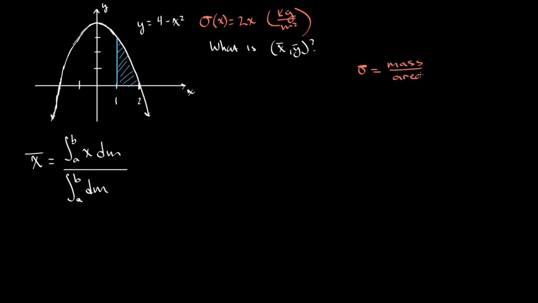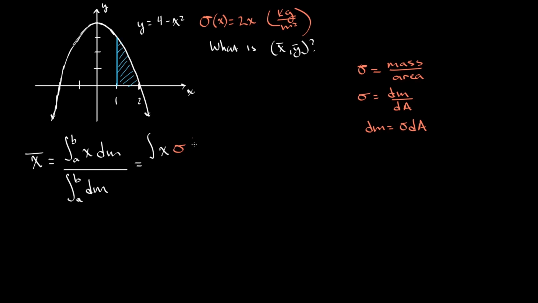And again, we want to talk about the infinitesimals of these. So sigma is equal to dm over dA. Solving for dm, we get this tiny chunk of mass is equal to our density times a tiny chunk of area. So now we've solved for dm, and let's put this back in and see what we get. So we have x, and now we said that dm is equal to